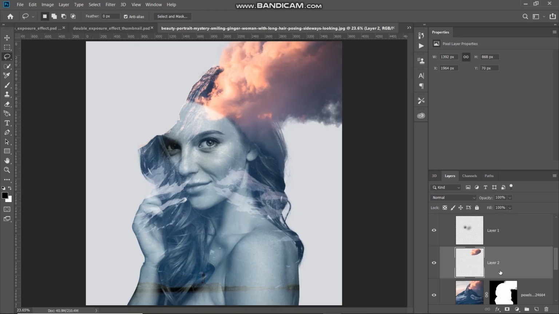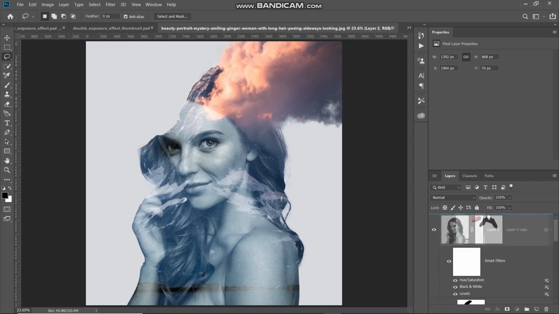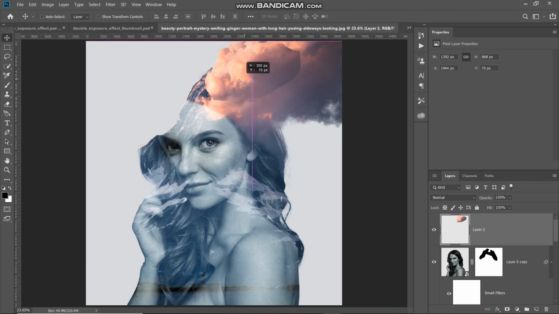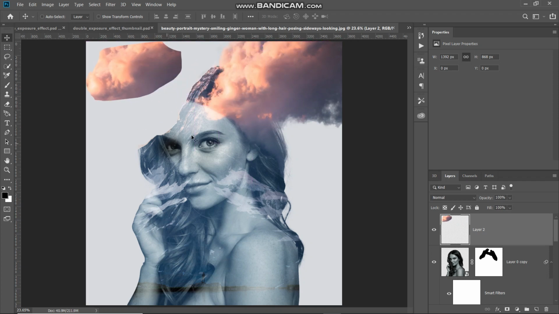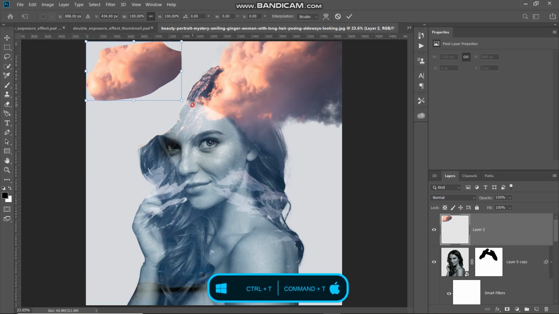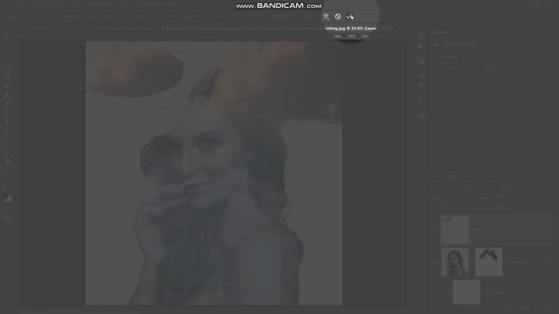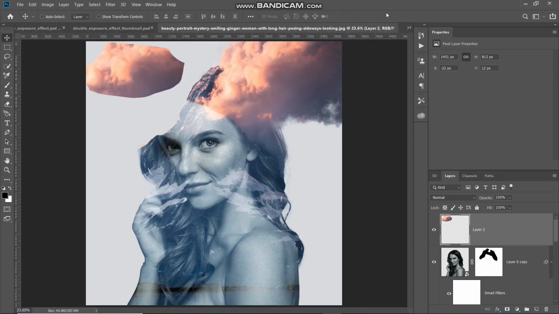Now we need to place this layer at the top. So let me just do that. So once you have placed this layer at the top, after that select Move tool. And then using Move tool, you can place it at the left portion of the image. Also, you can rotate the image a little bit as well. So for that, press Ctrl or Command on Mac plus T, and then you can rotate it as follows. So once it looks proper, after that you can click on the tick icon in order to place it. So now as you can see, it is not at all looking realistic at the moment.